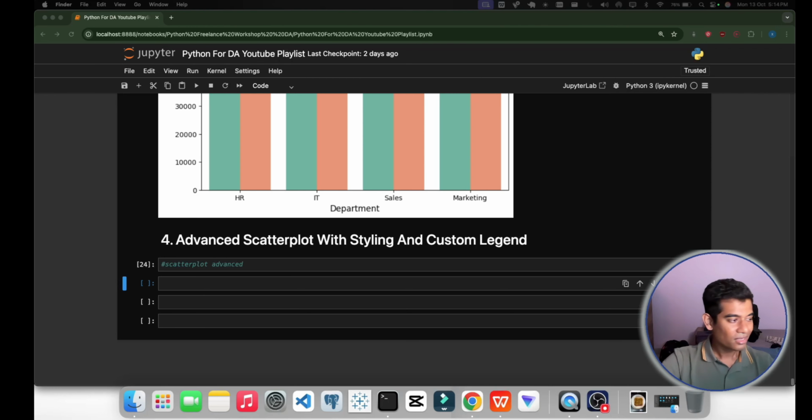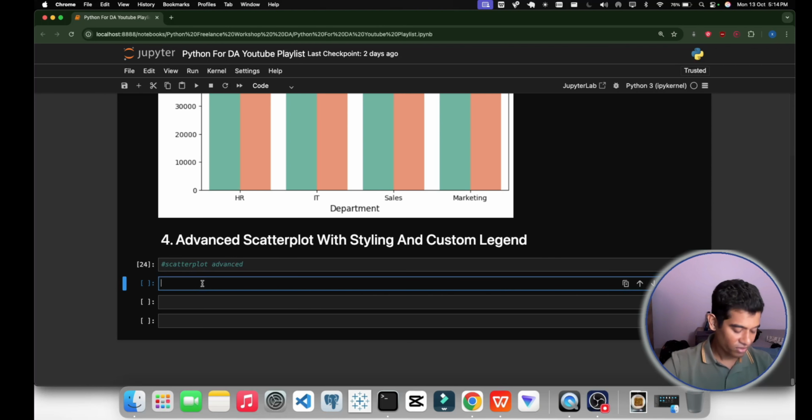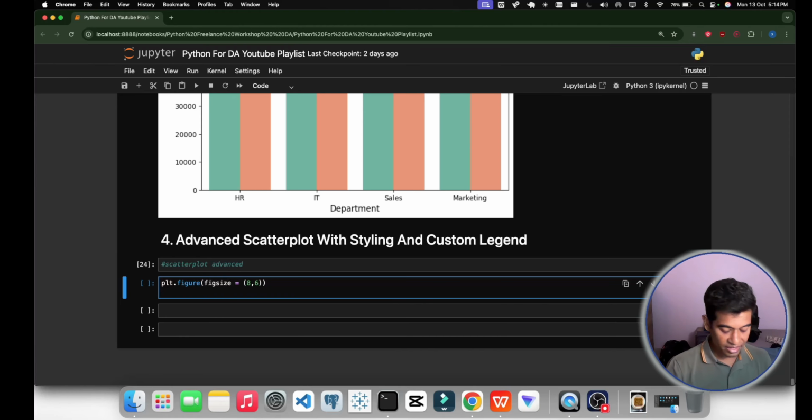So first let's do some practical part with the theory part so that it is easy for you to understand. First thing first, we will use plt.figure with a fixed figsize of 8, 6, which is the standard one. Then we will use a scatter plot, so sns.scatterplot.